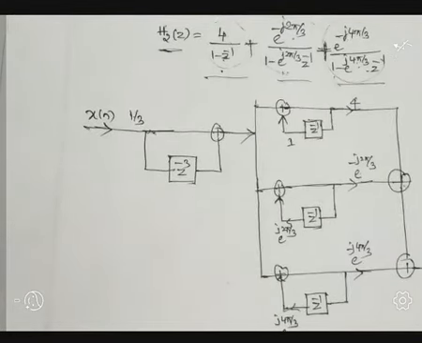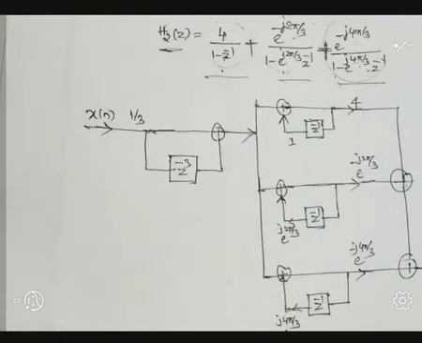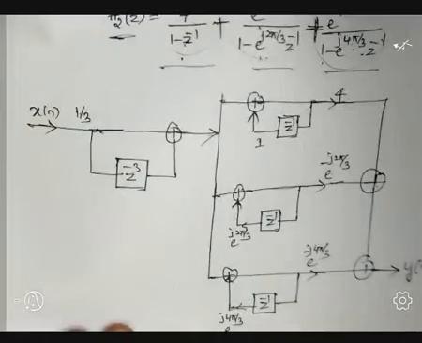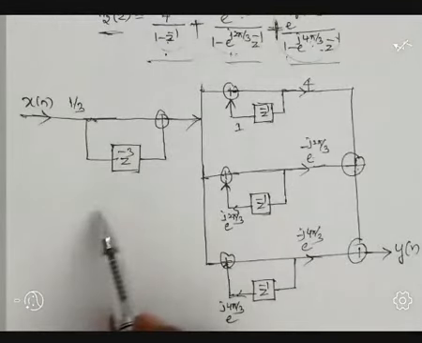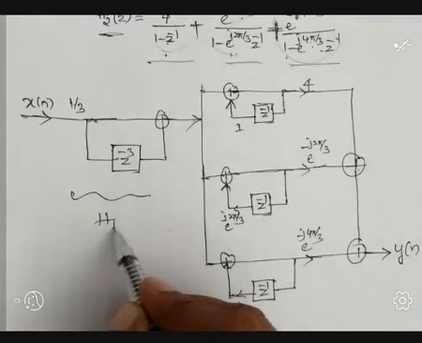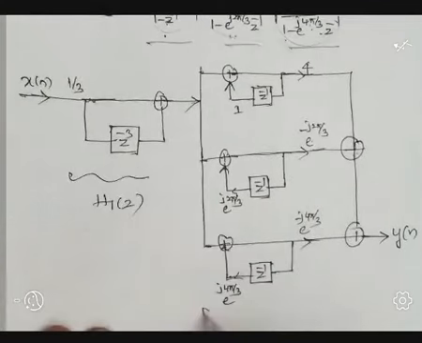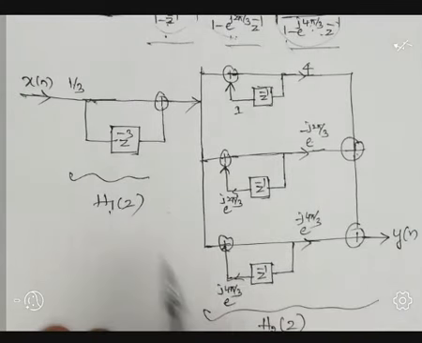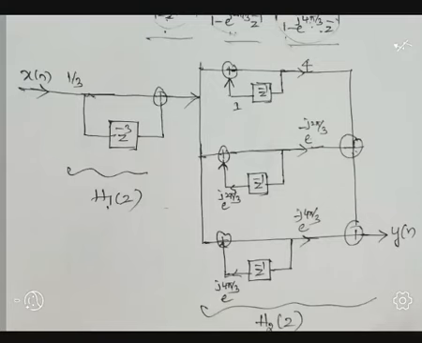Okay, this is about realizing the H1 object and H2 object. This is the realization of what? H1 object, and this is the realization of what? H2 object, where H1 object and H2 object are in cascade connections. This is about realizing